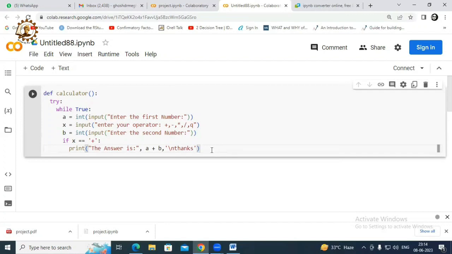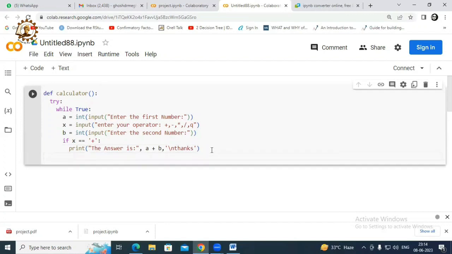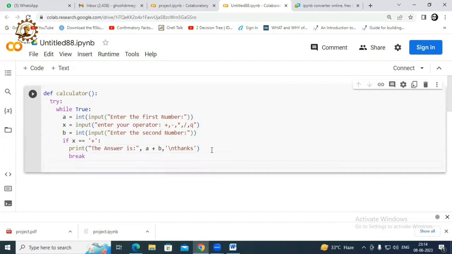And then after it is done, what will happen? We have to break out from the program. So I will be writing break here. What is the meaning of break? Break will end the loop. Okay. Next, if the